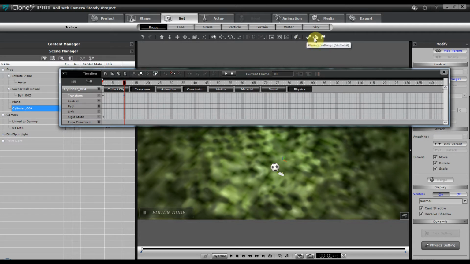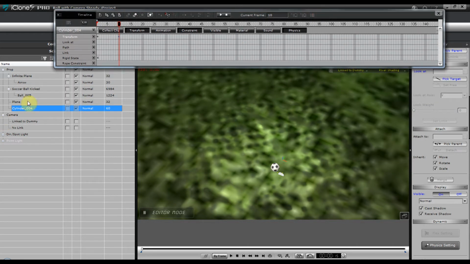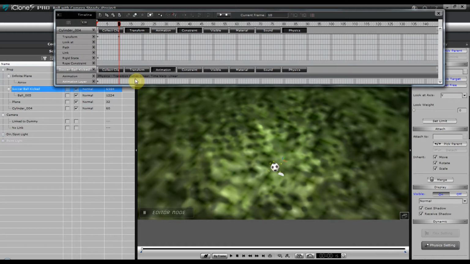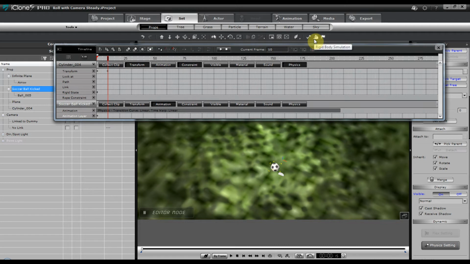and this is the physics panel. Rigid body simulation is on. If I turn it off, the ball will still move because it's already got pre-recorded physics to it. If you open up the soccer ball itself and do object related track and look at the animation, it's already got physics, transition curve, linear, time warp. Alright, this is the actual motion that was pre-recorded. When I turn the physics back on using this